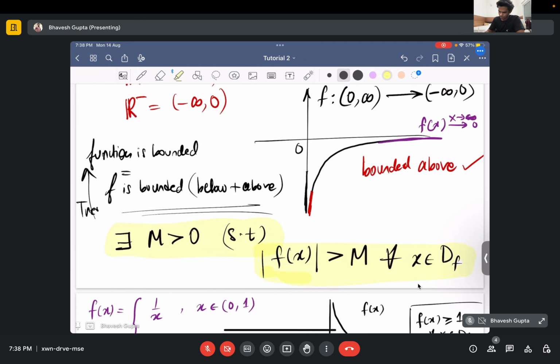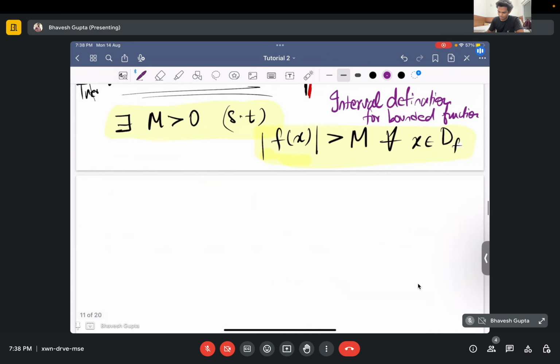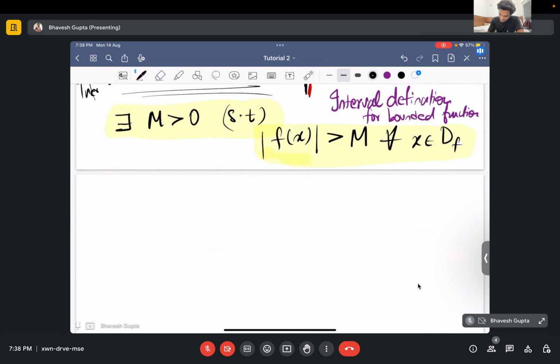So let me write down this as an interval definition for bounded functions. Okay. So the idea is very simple, right? Because if you are not able to capture this, I can tell you how we are able to see this particular statement. And we can see this particular statement is that, let's say the function is bounded, like this for example,